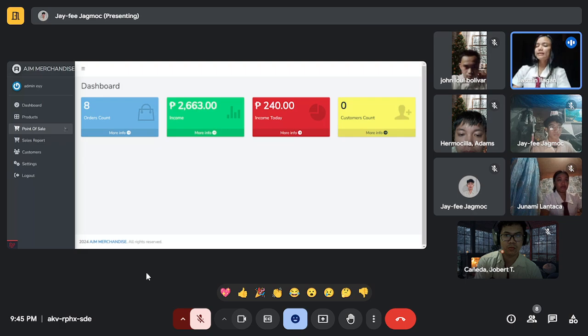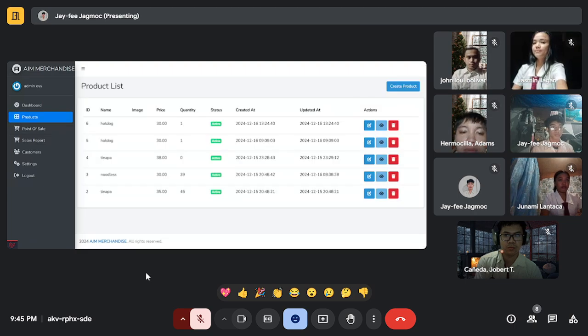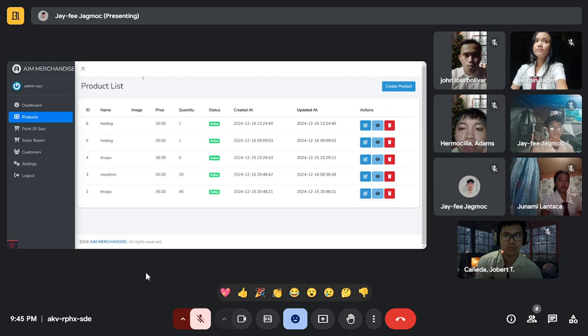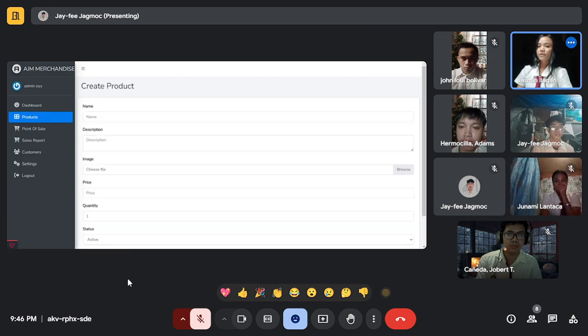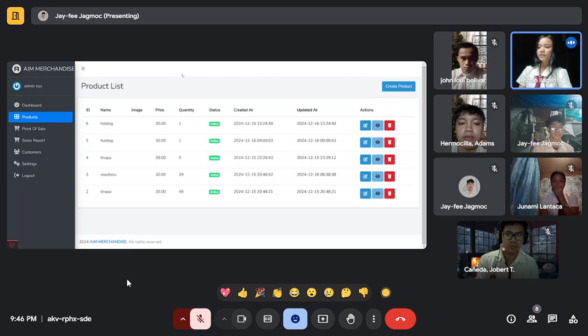So the fourth one is the create or add product functionality. Create or add new products to the list. The expected outcome is the user should be able to add a new product. The first step is to navigate to the products page. Then click on create product.